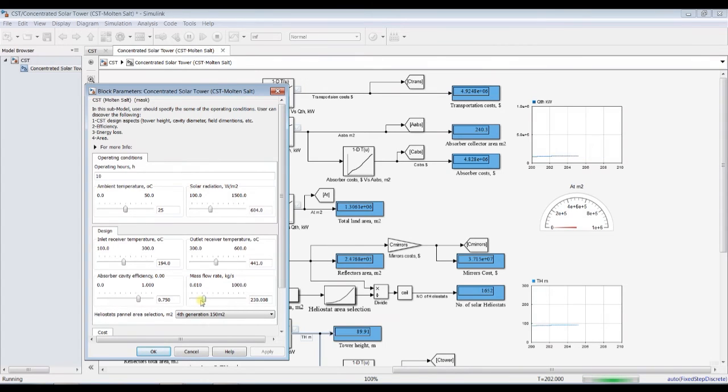Let's go for 250. Okay, again 300, 500. Okay, let's go for 500. Then 400, 500, up to 800. Super mass flow rate 800. Okay, let's hit stop